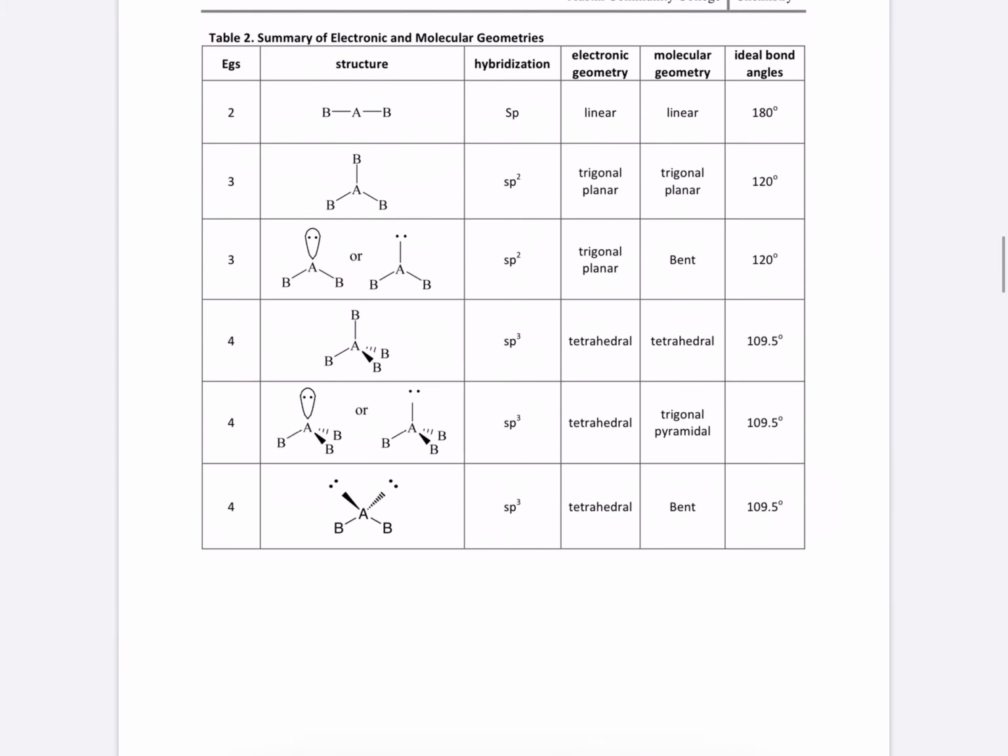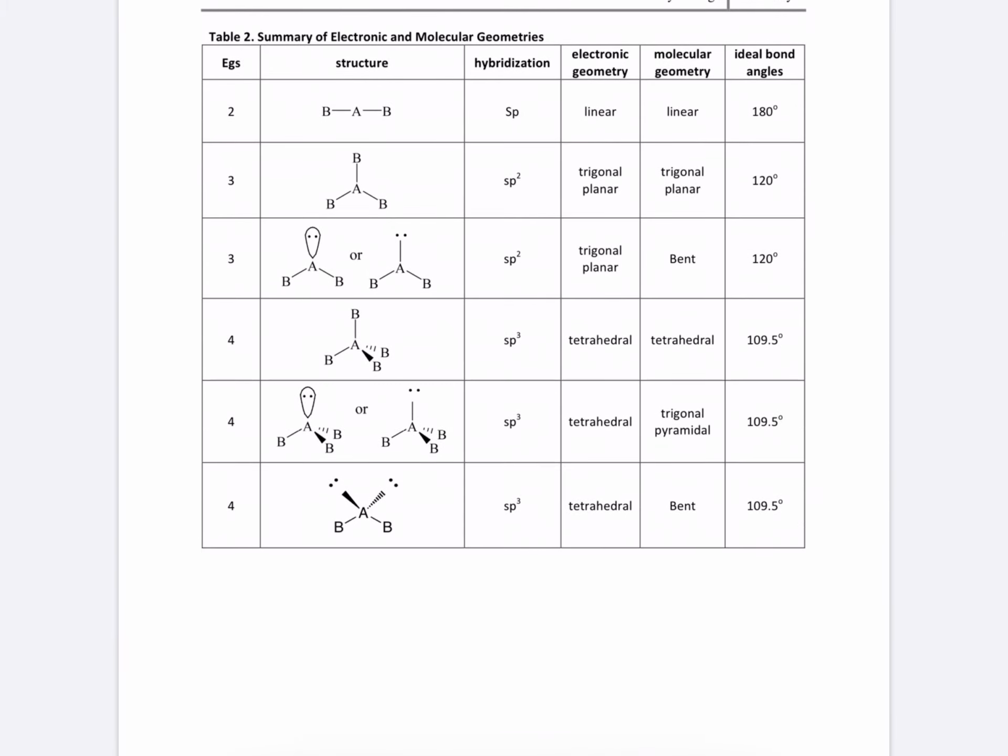And if you have four electron groups, hybridization would be sp3, and the electronic geometry tetrahedral, molecular geometry also tetrahedral because there are no lone pairs, bond angle 109.5. And if you have a lone pair as one of the electron groups, your hybridization is still going to be sp3 because there are four electron groups,